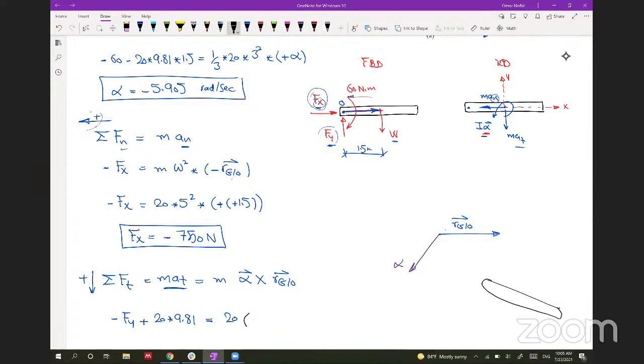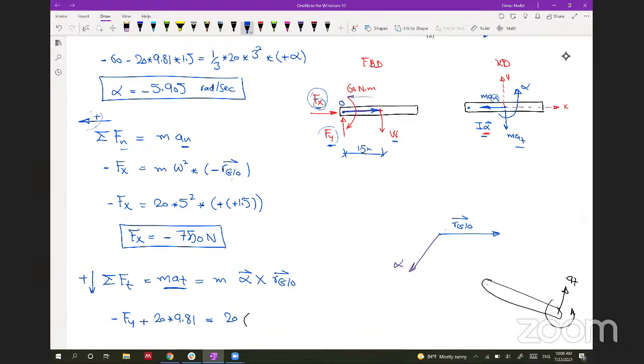We have a bar, and this bar is rotating, actually. Okay, so the alpha is rotating something like this. So that means that when you cross alpha, actually, it should go up. So the a_t here should go up. So just like this is confusing. Let's make this alpha